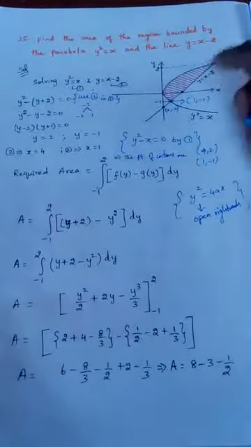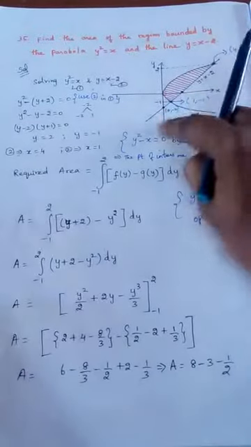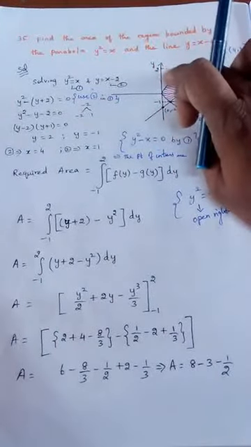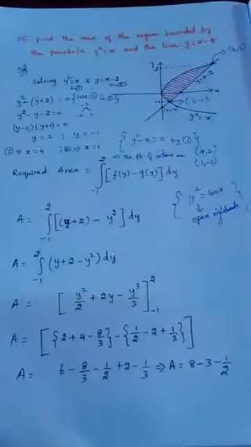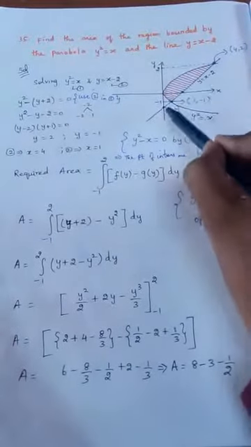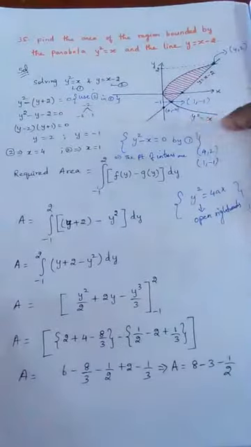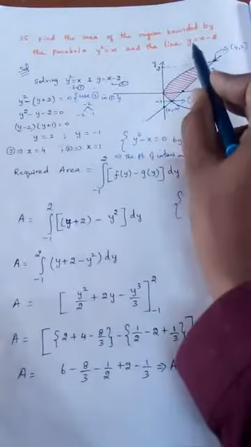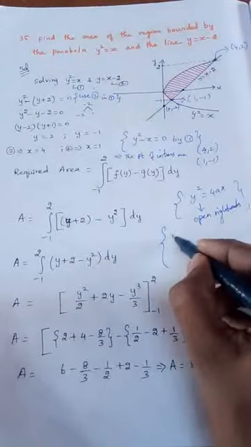And now you forget about the straight line. You just imagine only the curve is present and the boundaries are this and this. So where will we get? Only this and this. This empty shape and this empty part only will be the area under the parabola. So which gives maximum area? The straight line. So where is the straight line? y is equal to x minus 2. I will write here: the straight line gives maximum area.